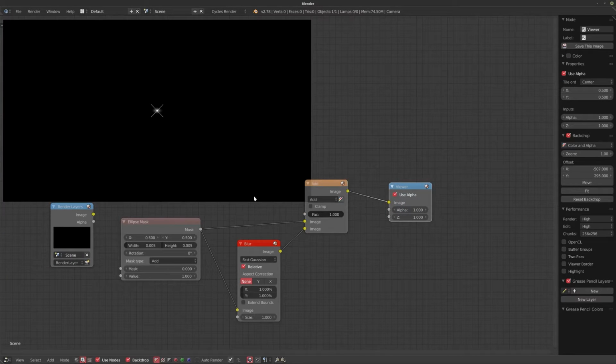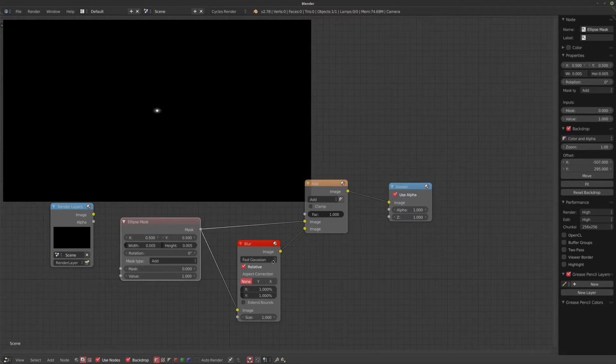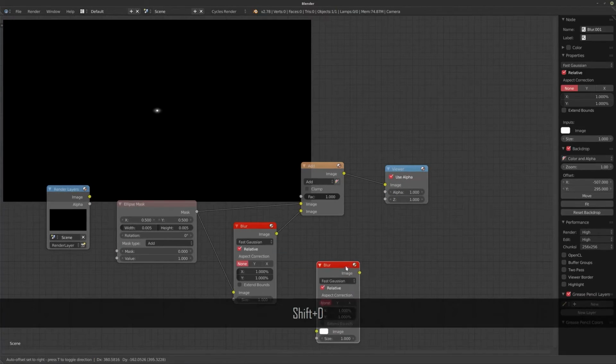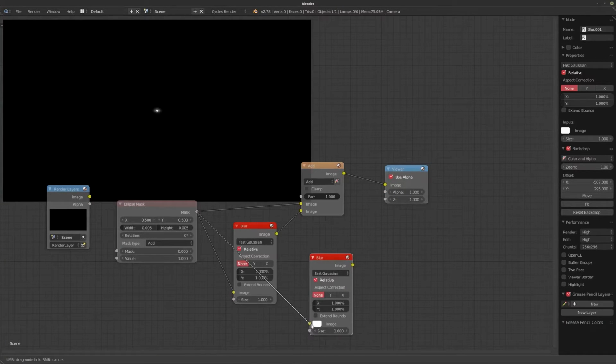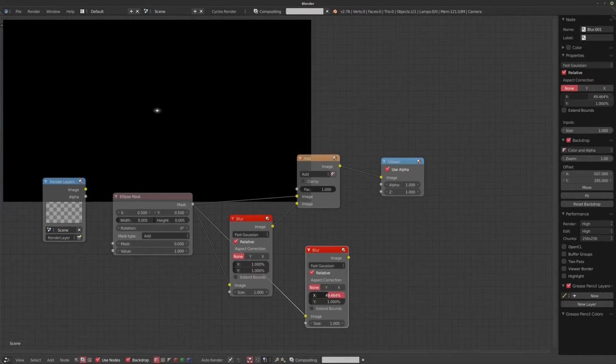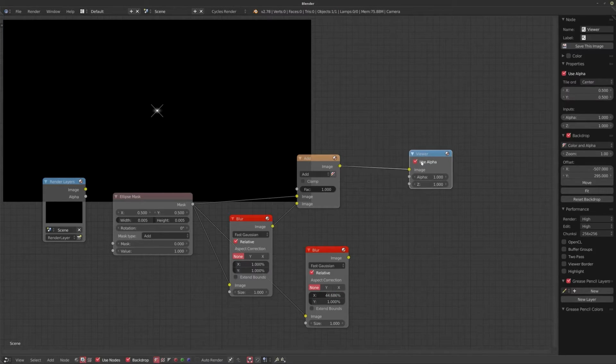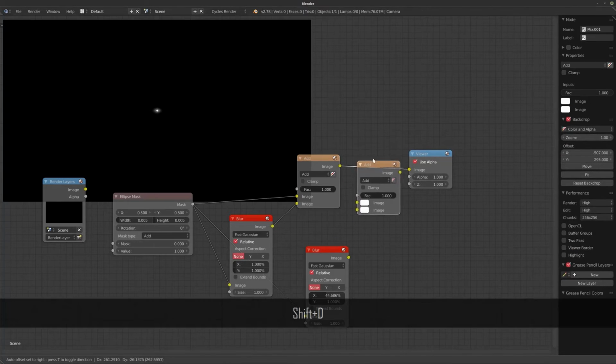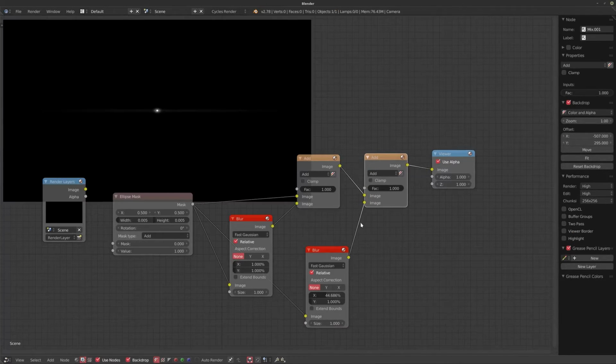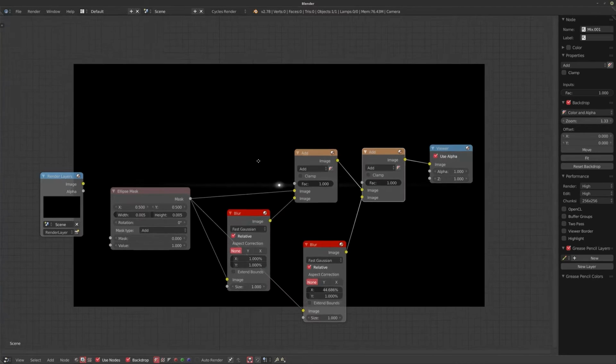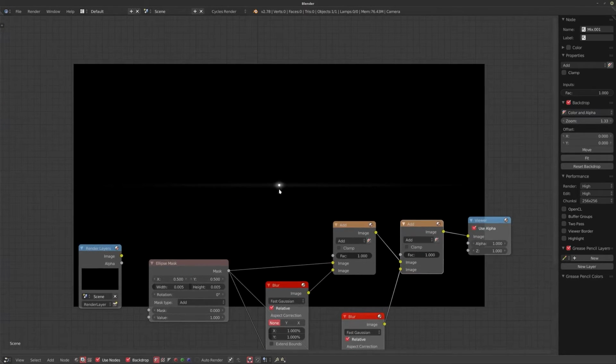What we can do now is bring in this ellipse mask and duplicate this blur again, bring in the mask, and there we go. Really blur this out like crazy and duplicate this add, and it'll become clear. Right now when I add this in, and now I'm going to fit it a little bit, you can see we have this little white dot in the middle. We have a glow around it, and now we have a stripe running through it.